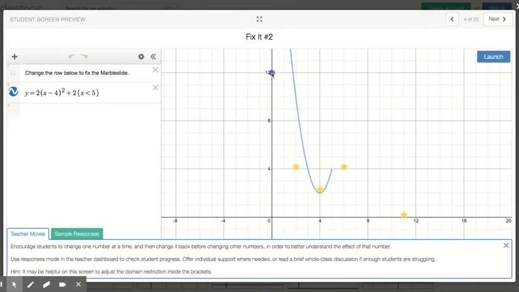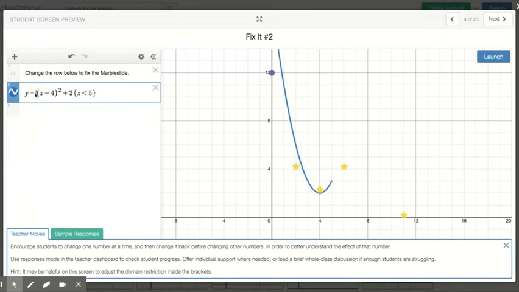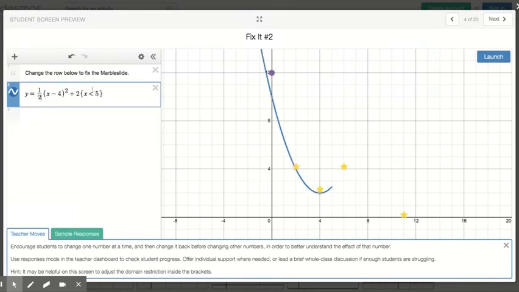So here we see our marbles are outside. So I need to make this parabola wider in order to catch the marbles. So this number out front here is what does that. So I'm going to get rid of that 2, which still wasn't quite enough. We saw it get a little bit wider, but I think I need it even more. So I'm going to change that to a 1/2, and now it looks like it's going to catch my marbles when they drop and follow that pattern out. So I'm going to go ahead and launch them,